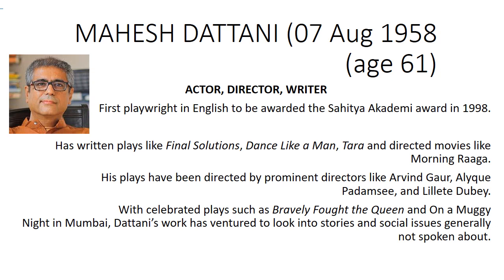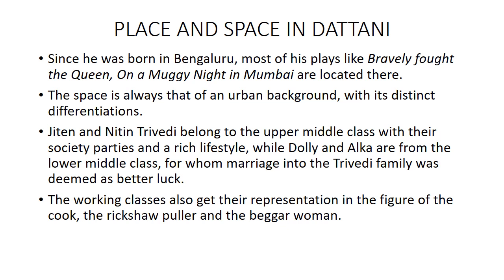7. The use of the setting or the house of the Trivedis and the space outside the house of the Trivedis, where the auto rickshaw driver, for example, features as a symbol. The seventh symbol, I repeat, is the use of place as a symbol. In this slide, the details regarding the use of place and space are given. You all must refer to this. And finally, the eighth symbol